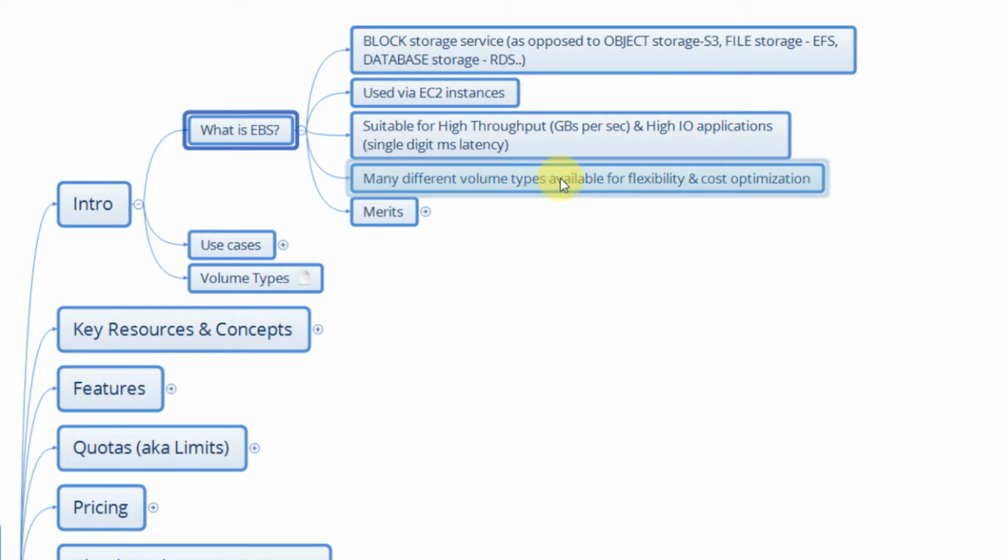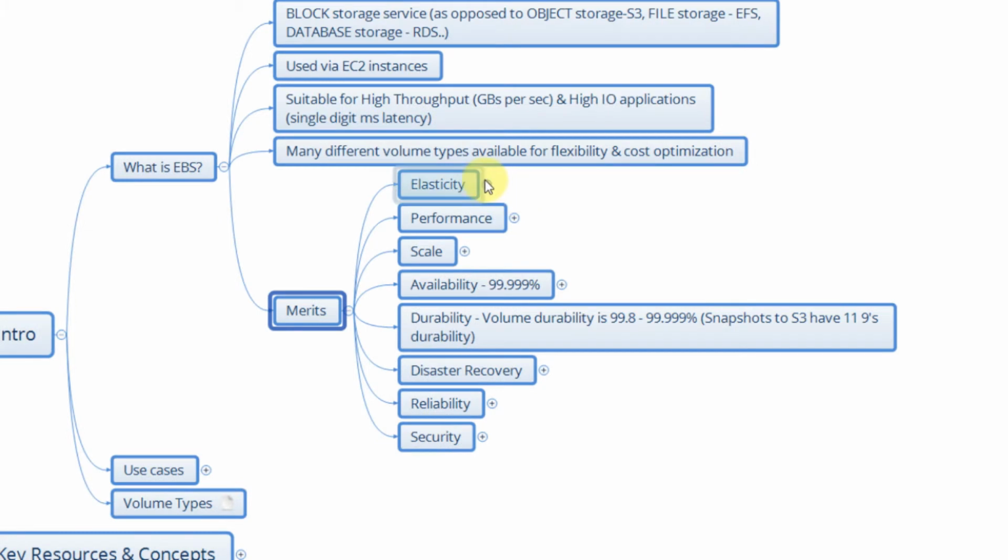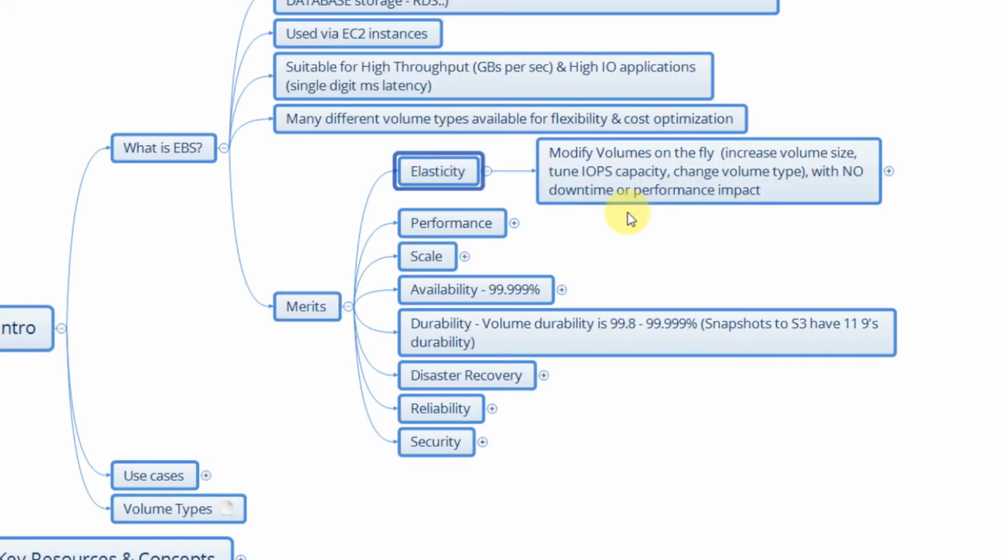The EBS service provides a variety of different types of volumes, which gives the user flexibility in choosing the right model for the application requirements and also helps optimize costs. So what are the strengths of the EBS service? In terms of elasticity, it's possible to modify volumes dynamically. You can do things like increase volume sizes, tune the I/O operations per second capacity that's provisioned. You can change the volume type, and you can do all this with no downtime or impact on performance of